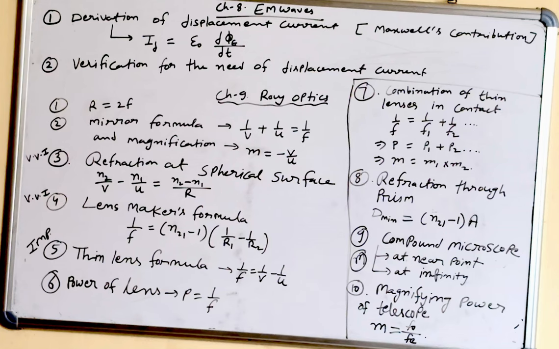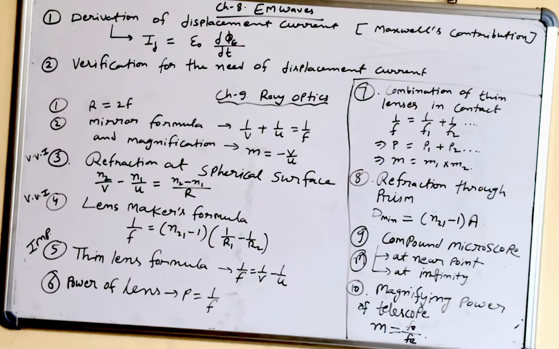And the third and most important derivation of this chapter is refraction at a spherical surface, that is n2 by v minus n1 by u is equal to n2 minus n1 upon r, where n2 and n1 are the refractive indices, v is the image distance, u is the object distance, and r is the radius of curvature of the spherical